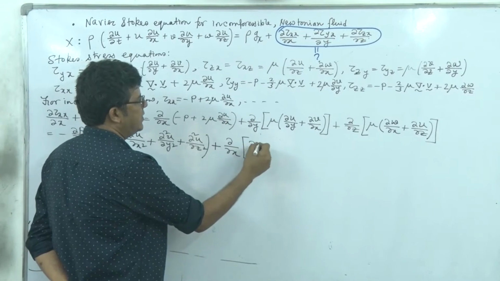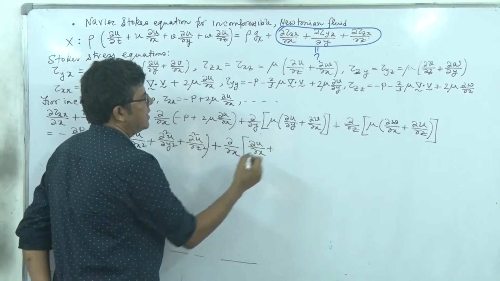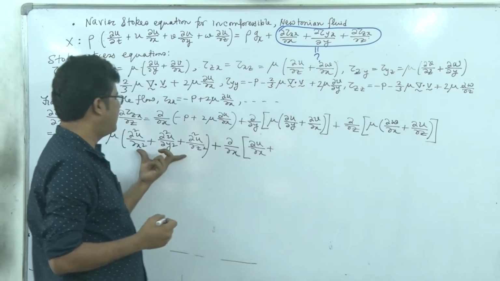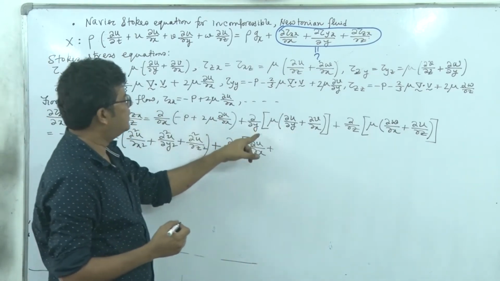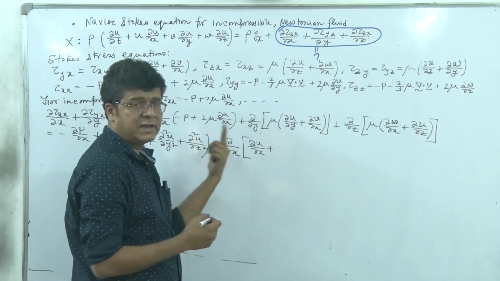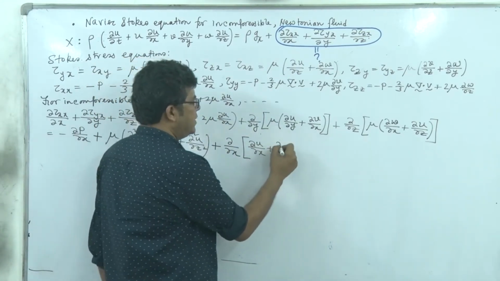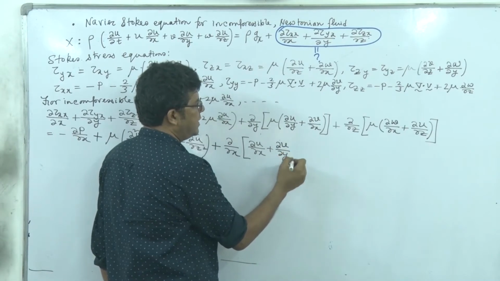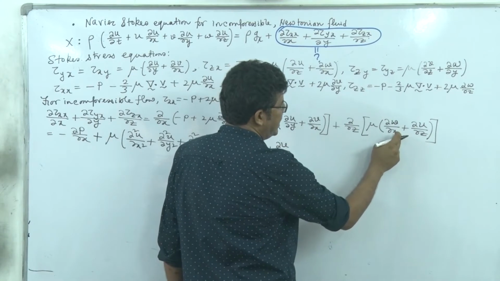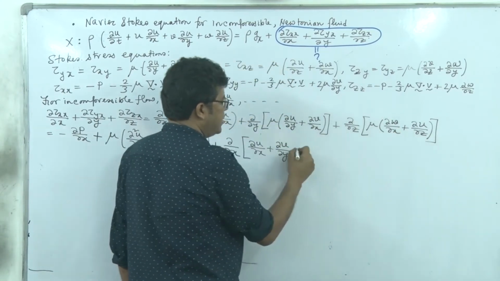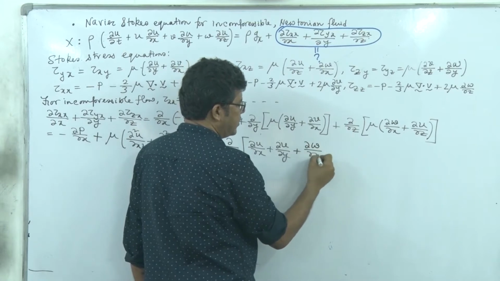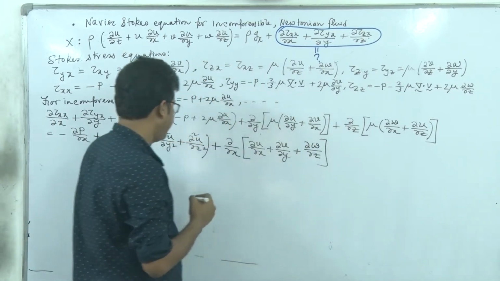Now the additional group will be, see this del x, if I consider this operator, that del x, here the term is del u del x plus this one was a leftover for this term. So what is that? Del y of del v del x. So del x, if we interchange the order of the derivative, here it will be del v del y, and here it is del z of del w del x. So del x, if we just do it later and interchange this order of the derivative, it will be this.